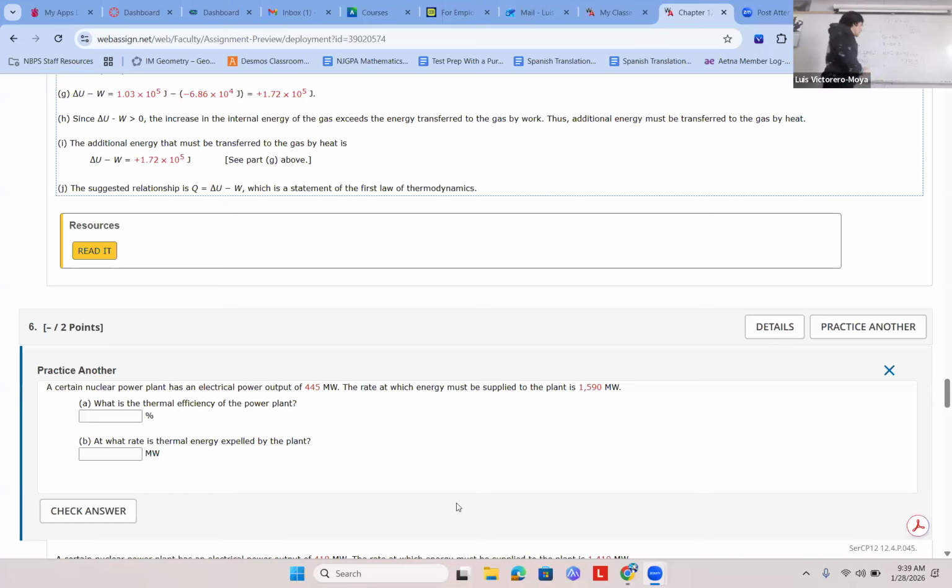So the power output is 445 in that practice problem. And the supplied energy, basically the Q hot, is, let's take a look, 1590 megawatts. So what will be the